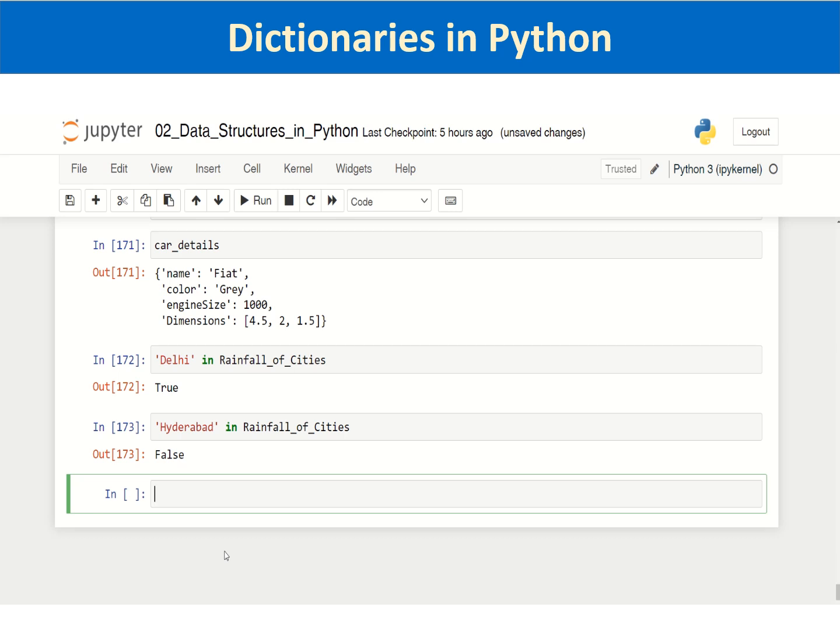Then dictionary methods we were talking about, like list methods, string methods. There are one or two important dictionary methods. Let us check whether we can access dictionary methods from the tab completion feature. You press dot and then press tab. These are some of the dictionary methods which are available: clear, copy, fromkeys, get, items, keys, methods which are associated with the dictionary class. We will see the method items,